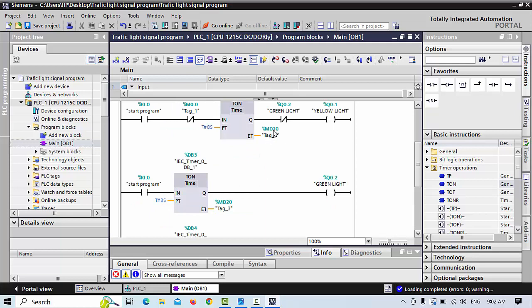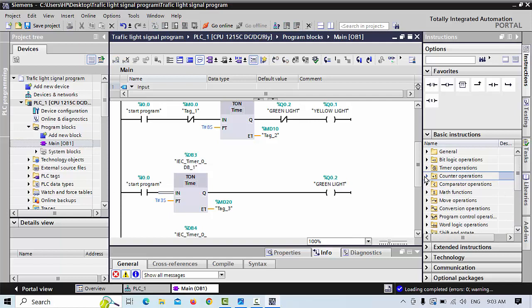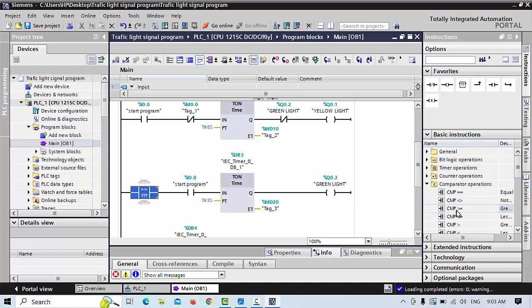So that time we have to compare with this timer, because if not comparing, after this it will not run properly. For one minute I will take one more command here for comparator commands. We will go, this is the counter operation, this is our comparator commands. Here we will use one comparator command, greater than and less than,